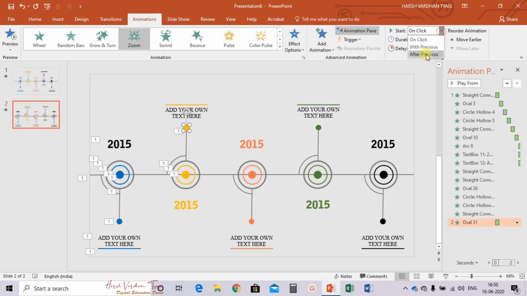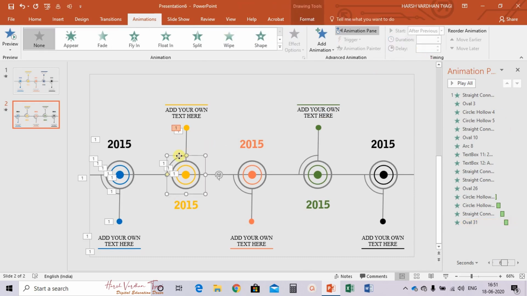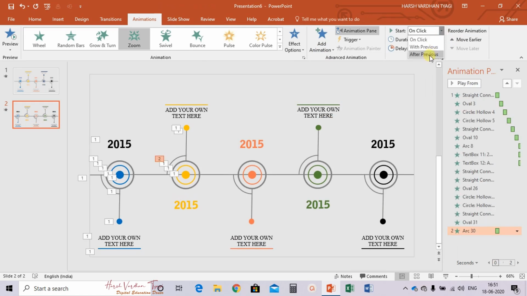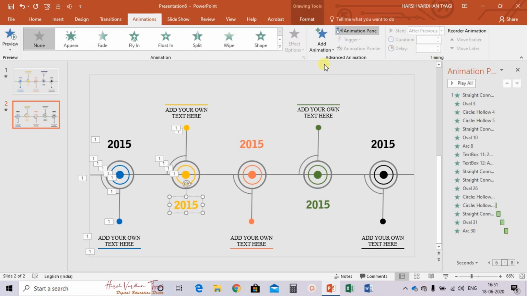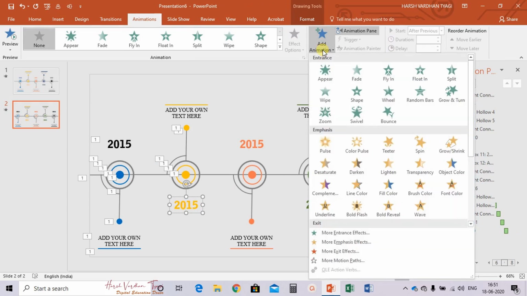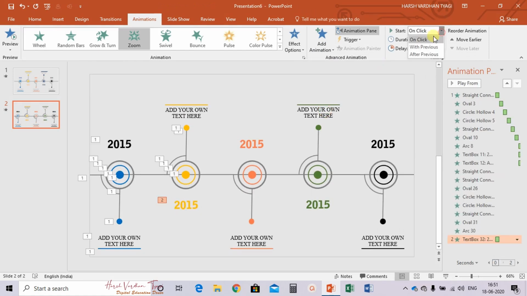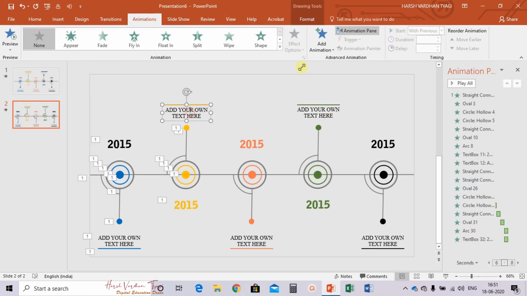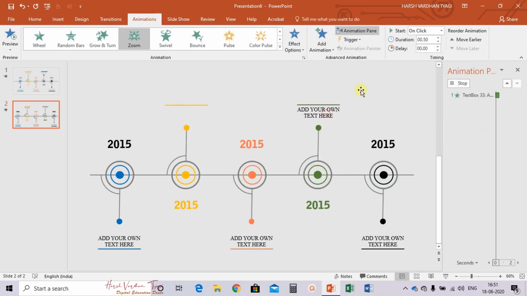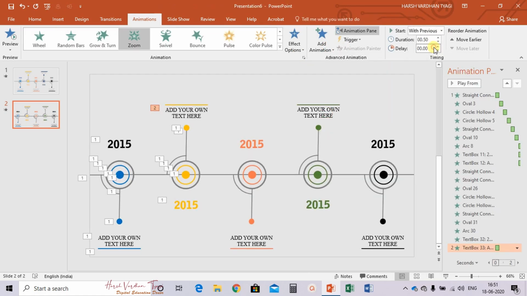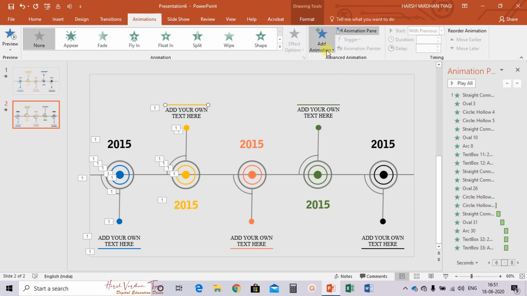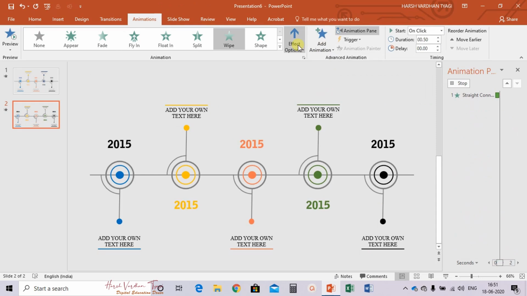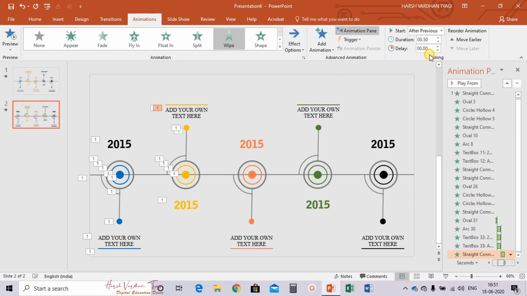zoom after previous, then select the arc, add animation, zoom after previous, select this piece of text 2015, give it an animation with previous, select this, add animation, zoom with previous, select this line, add animation, wipe effect from left after previous.